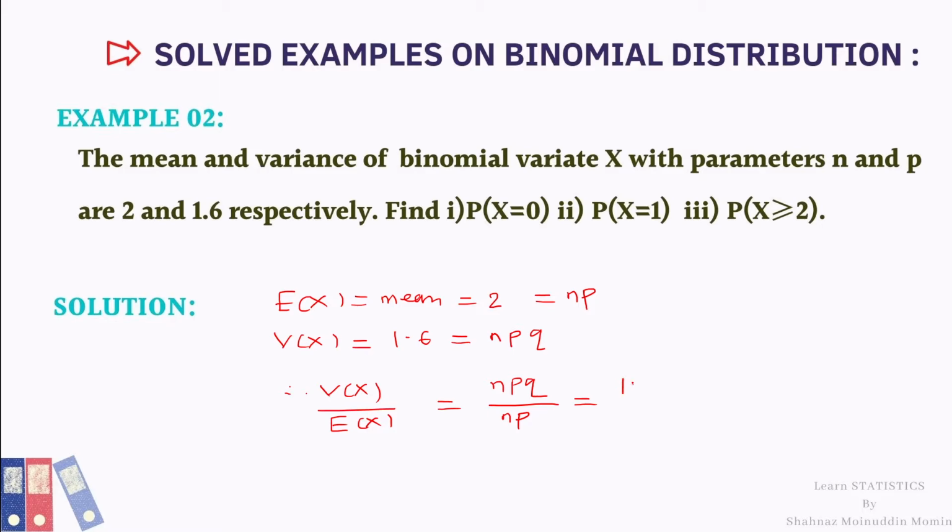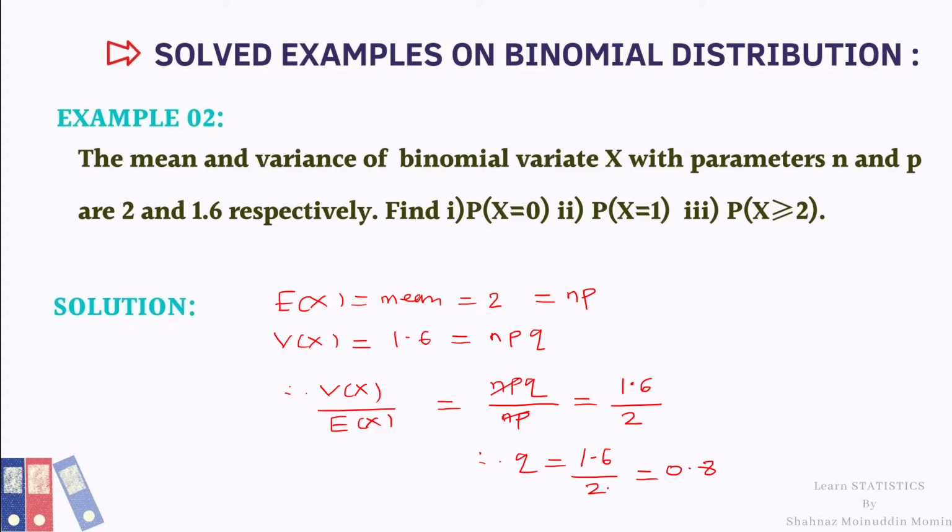Variance is 1.6 and mean is 2. Here np cancels, therefore q is equal to 1.6 divided by 2, which is equal to